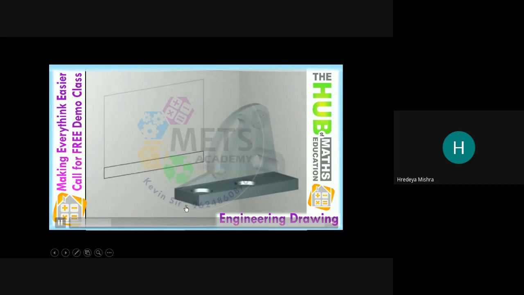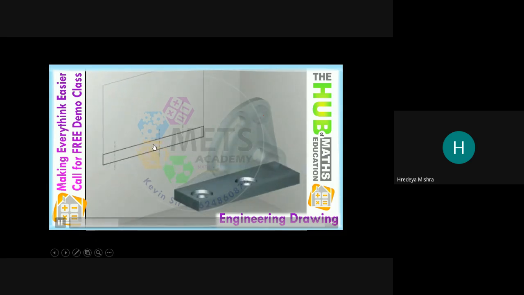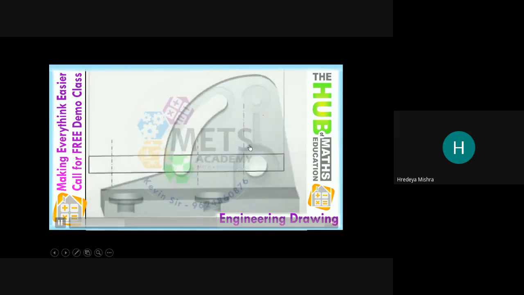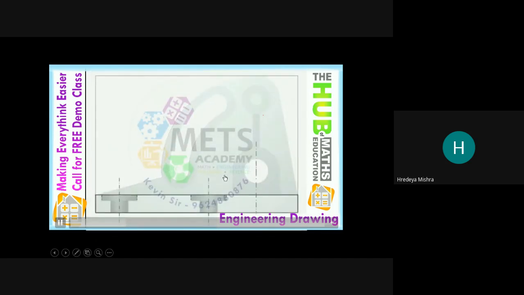This thickness is visible, this thickness is visible, okay, and this slot is visible. One, two, three holes, so that three center lines here, three center lines are there. Here one, two, and three. So those three center lines are here also.